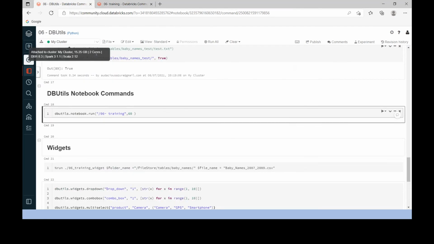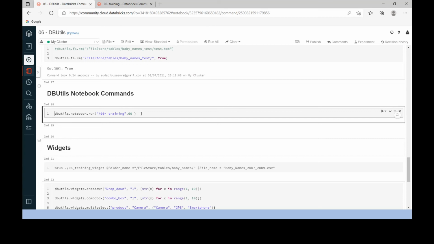So I want to execute this notebook from another notebook. This notebook is internally calling another notebook. In order to perform this operation, we can use the dbutils.notebook.run command. We need to pass two parameters. One is the notebook name, another one is the timeout in seconds, that is, till what time Spark can wait. If that notebook is not executed within 60 seconds, then it will throw a timeout error.